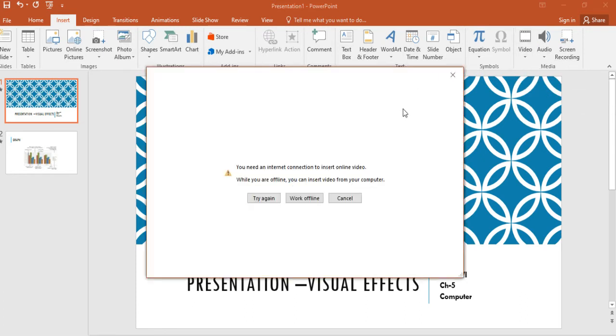For this, your PC should be connected to the internet. My PC is not connected to the internet, so that's why it's showing this message. This message is shown by the computer. If your PC is connected to the internet, then you can easily insert the online video in your slide.